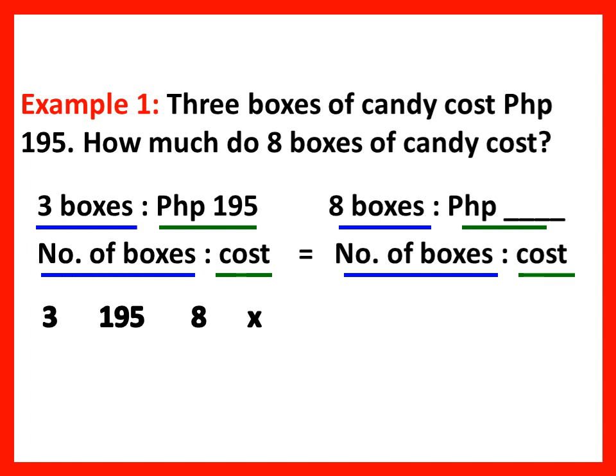Meaning to say, the first variable, the number of boxes, increases from 3 to 8. So that is increasing. For 195, since we are expecting that it will become higher than 195, the trend is also increasing. So if the first variable is increasing and the second variable is increasing, therefore that is direct